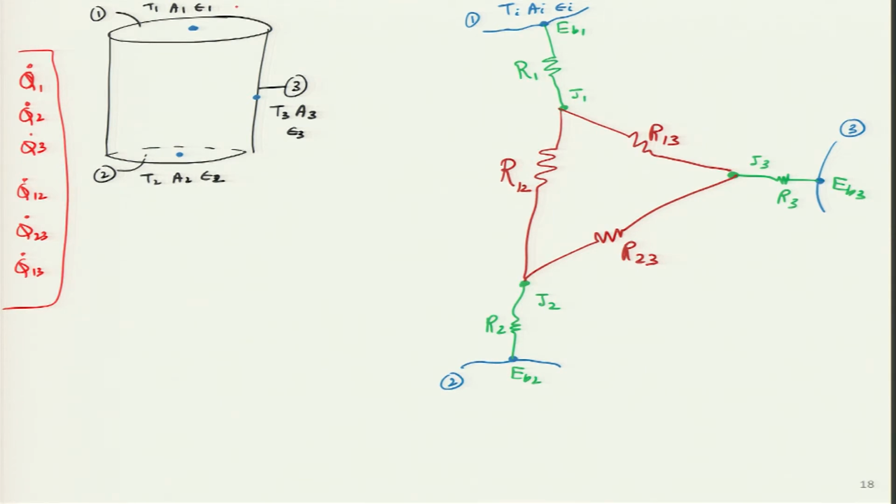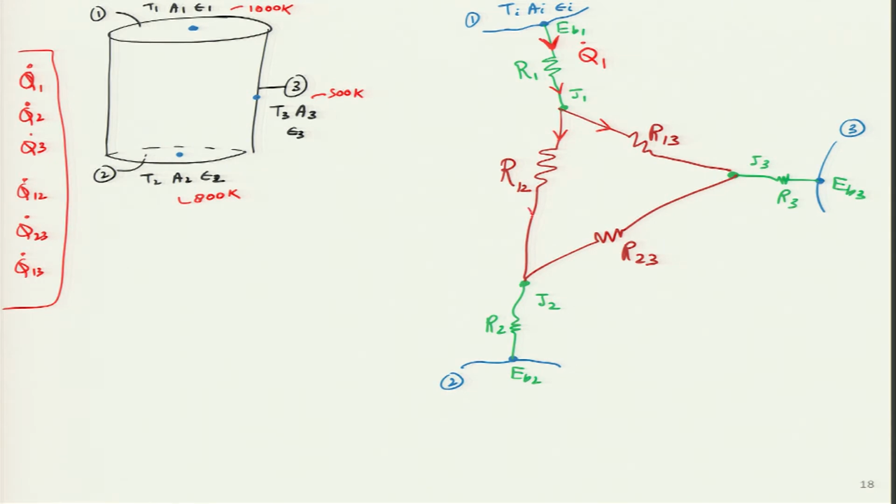Now, I will put some numbers over here. I think this was 1000 Kelvin, this was 800 Kelvin, and this was 500 Kelvin. So, immediately we can see from here the maximum temperature is this. So, from here there is no way the current can go up, it is coming down over here. This current which is flowing through this resistance we will call q dot 1. Okay.